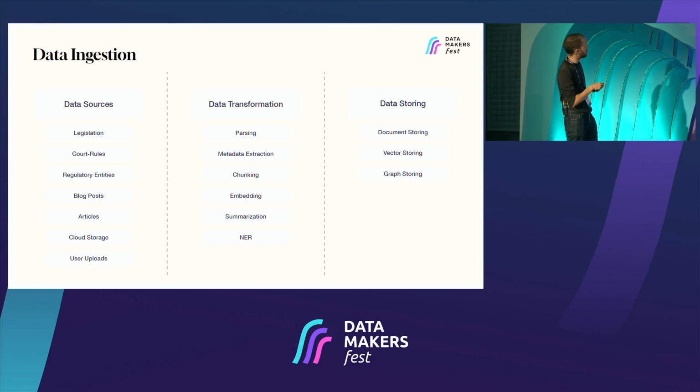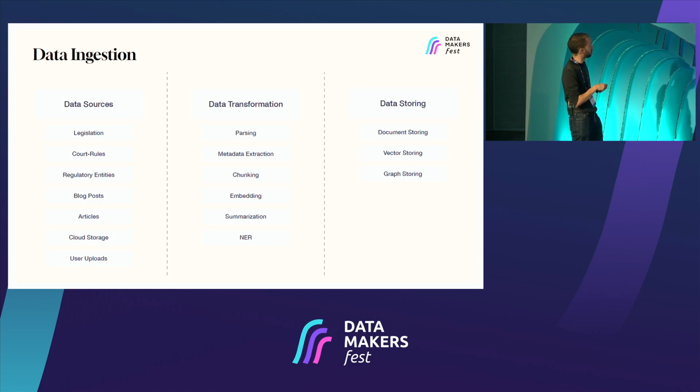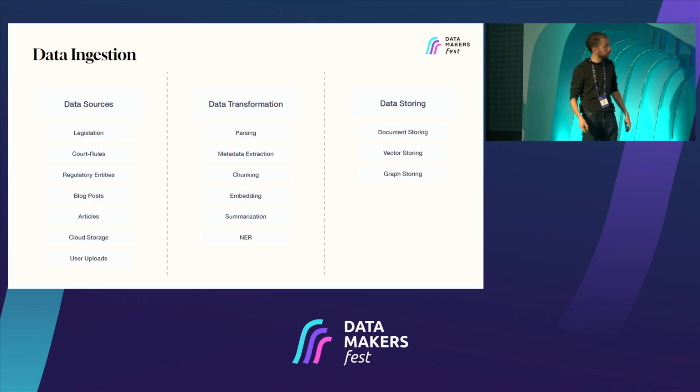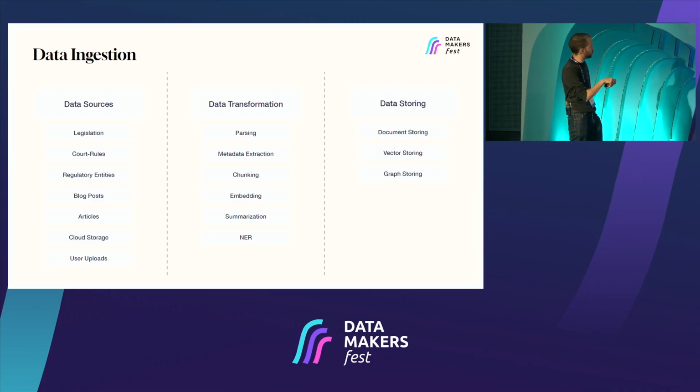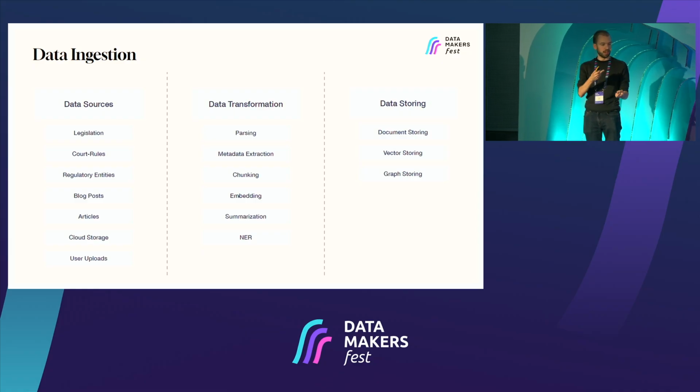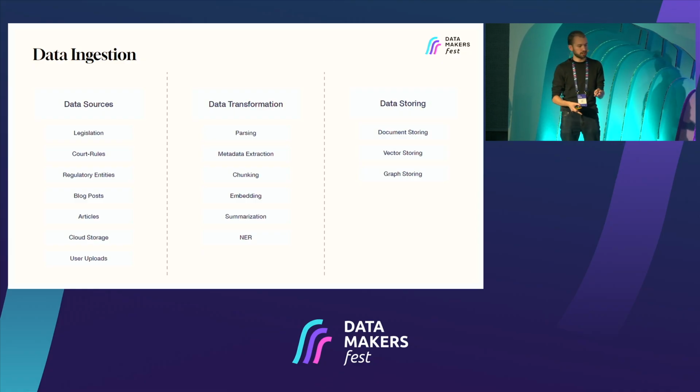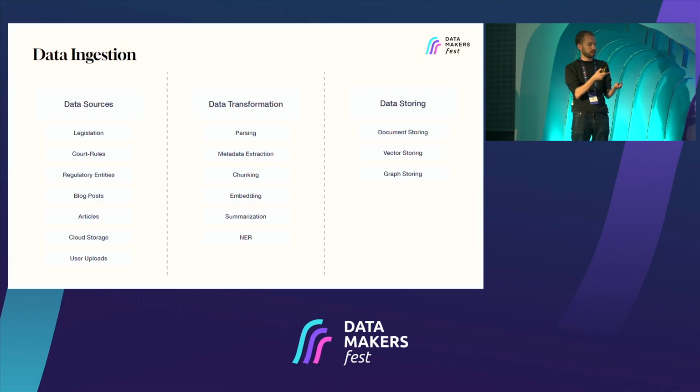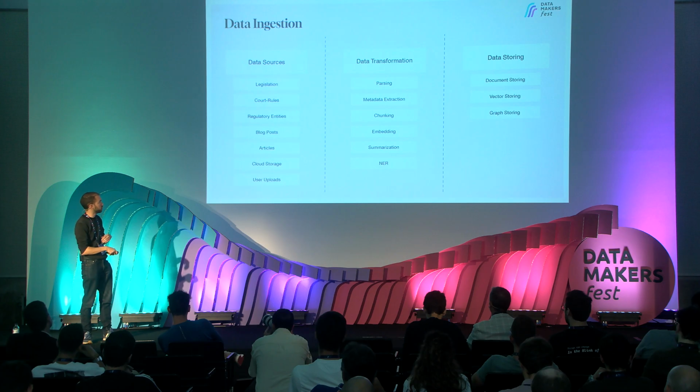Regulatory entities are usually PDFs, and blog posts and articles are usually HTML, but then we have cloud storage and user uploads that can be a little bit of everything: PDFs, Excel files, Word files, even emails. So there's a lot of